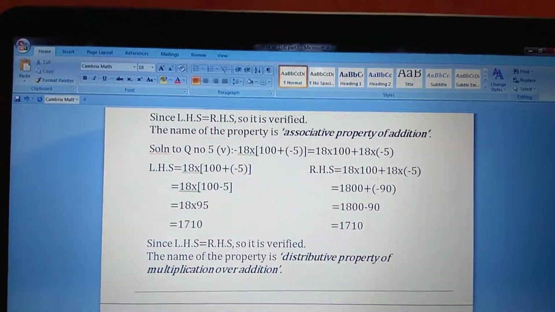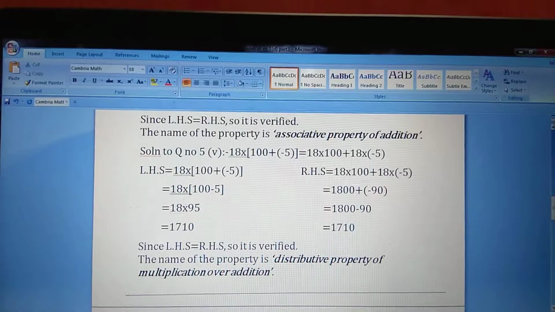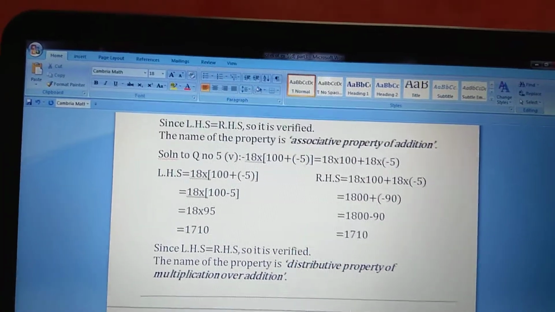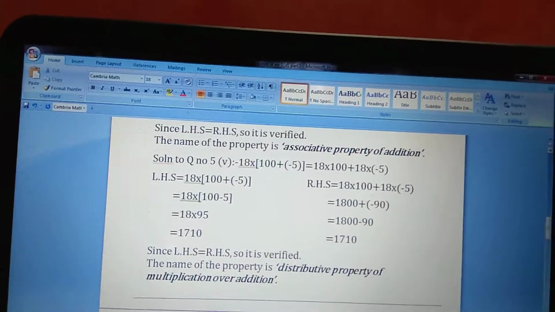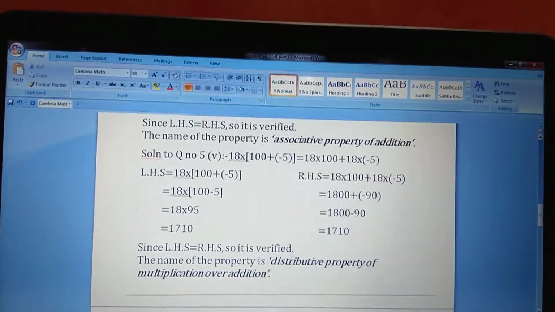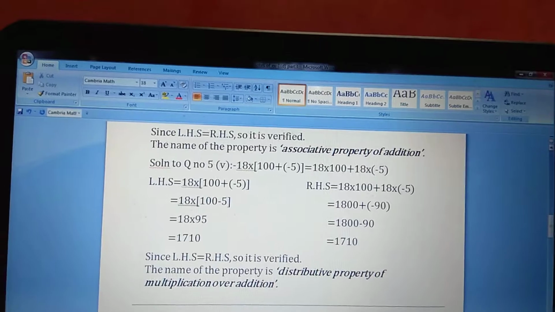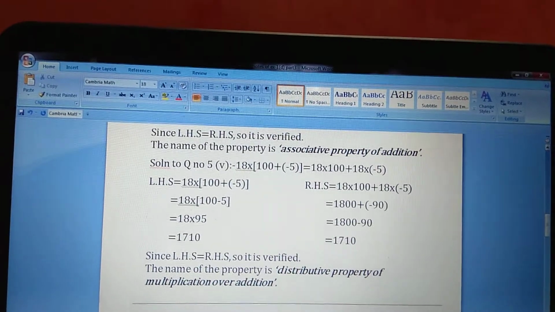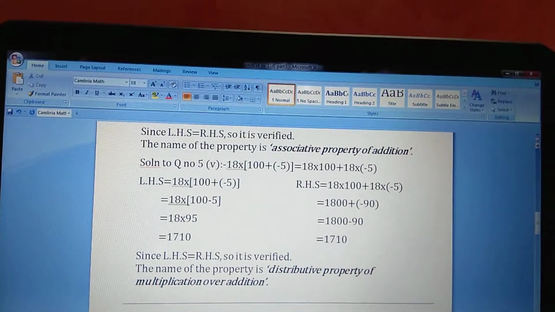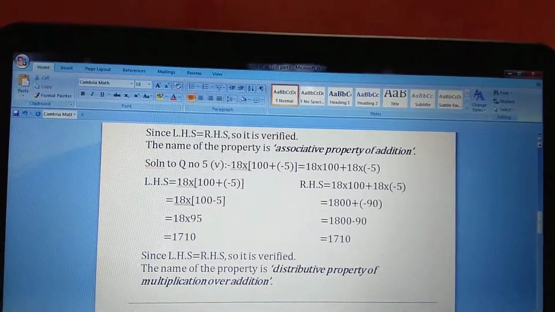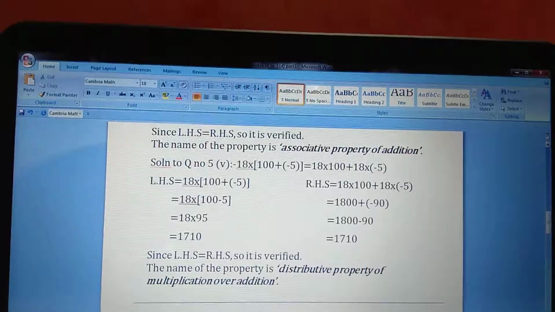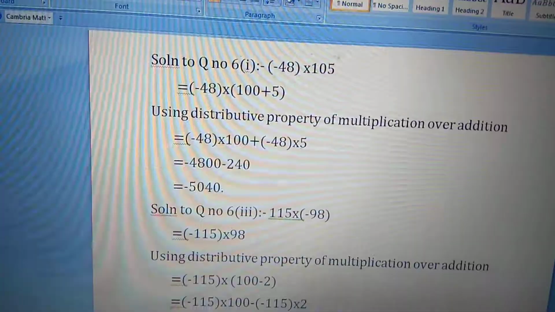Now I am going to question number 6. The remaining sums of question 5 are left for the students to solve by themselves as homework. But one thing, my dear students, you will remember these questions which I have left for you, please maintain the serial number. Don't do it in a haphazard manner. Maintain it in serial order. Okay, so now let's go to question number 6.